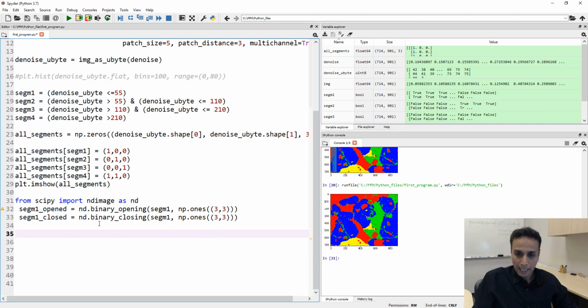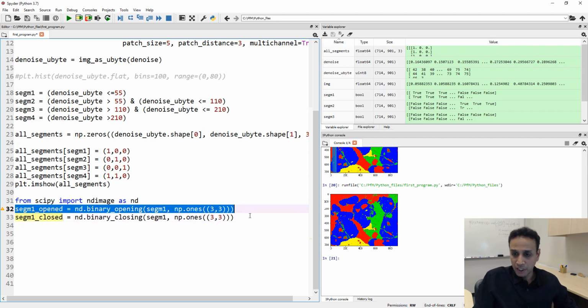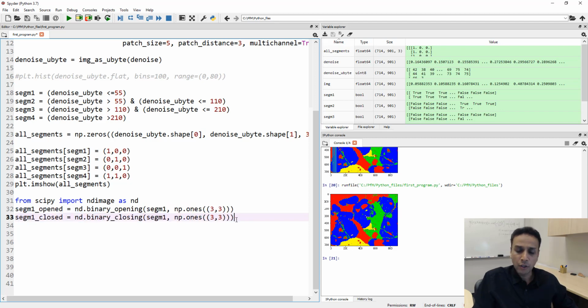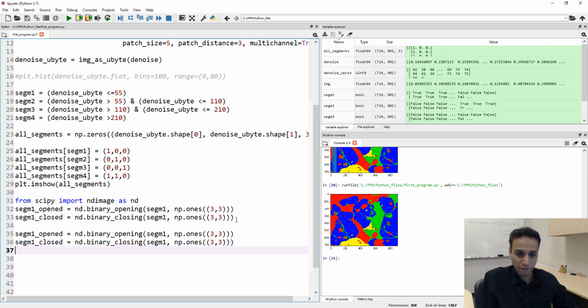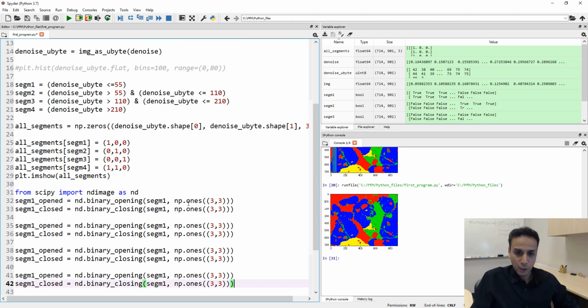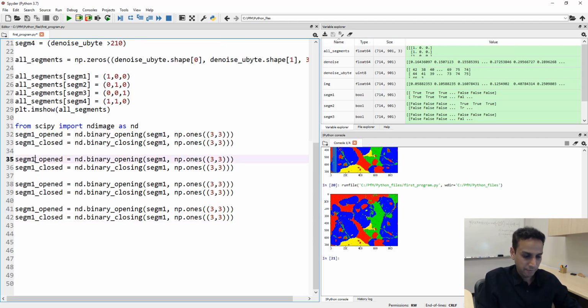I believe this should clean the image. And what is this saying? Unexpected indent. Okay, sorry about this. And let me copy these two and then do exactly the same. I could have put this in a loop because we have 4 things, but for now, let's just do it the easy way. And I'm gonna do this segment 3, segment 3, segment 4, 4, and here this is 2, 2,